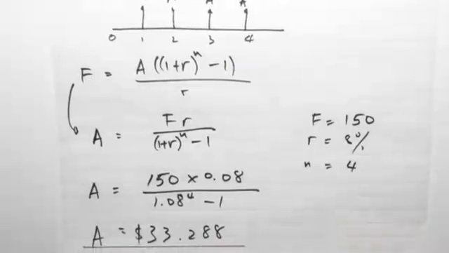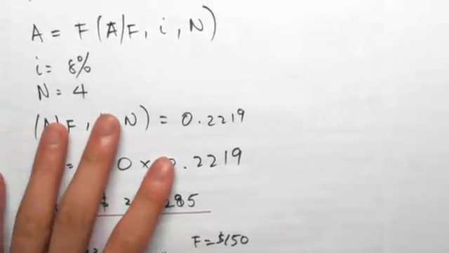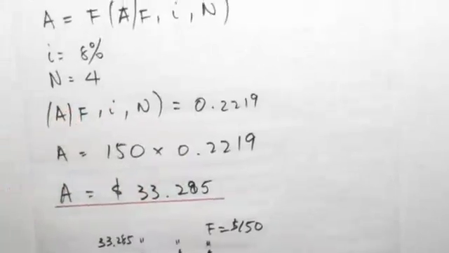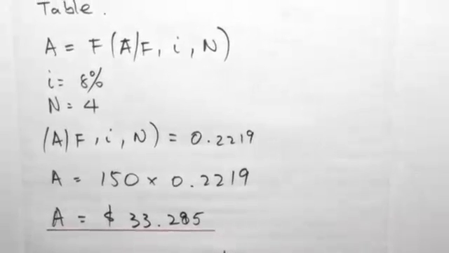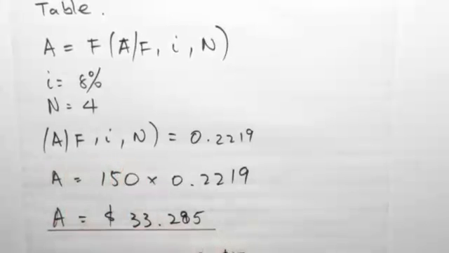$33.28. And if we're going to do this using the table method, we will find that we will get the same answer as we predict. So if we were to use the interest rate table, we go A equals F times (A/F, I, N). So this is just another column in the interest rate table that you look for. We know I is 8%, we know N is 4. So we can find out that finding A given F, I, and N will equal